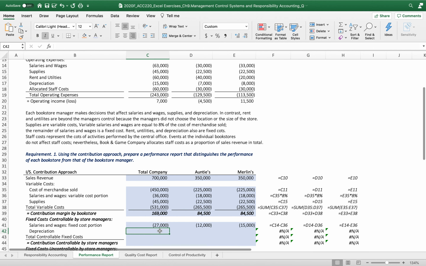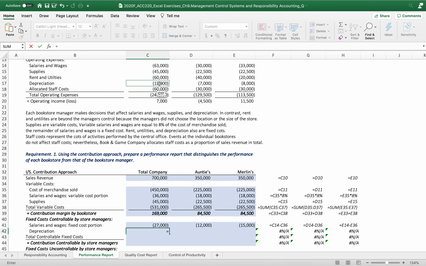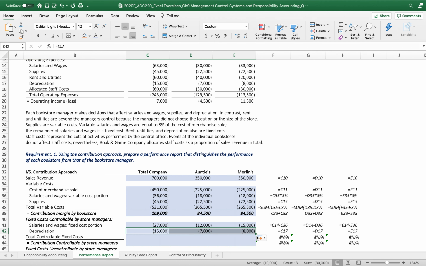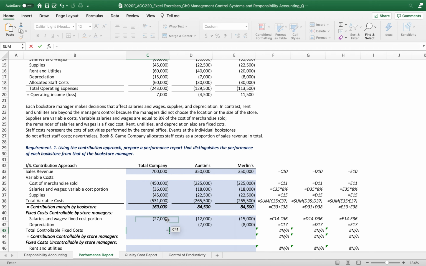Okay, and then depreciation. The usual depreciation is uncontrollable by the store manager, but in this case, each bookstore manager makes decisions that affect the salaries, wages, supplies, and depreciation, as you can see. Then the depreciation, we allocate into the fixed cost controllable by store manager. So we collect all these numbers. And then the total controllable fixed cost,